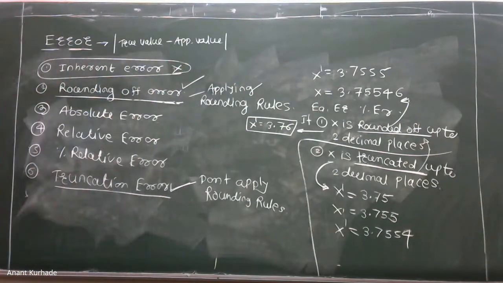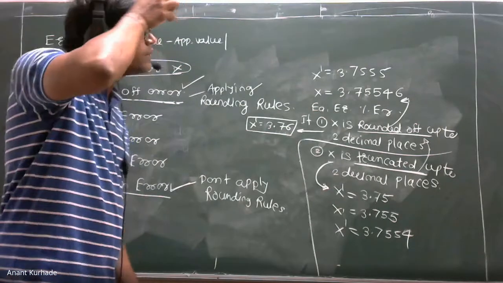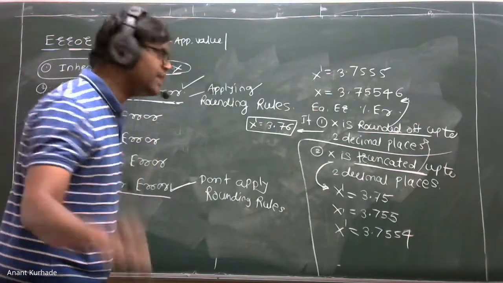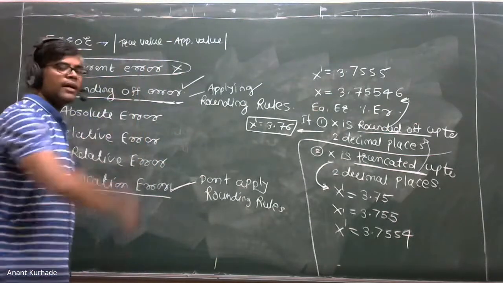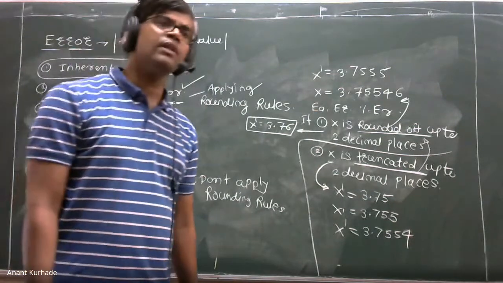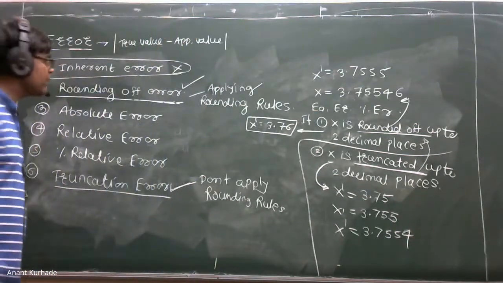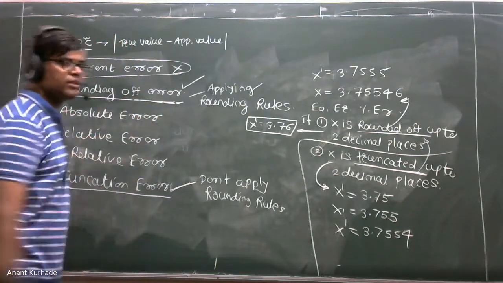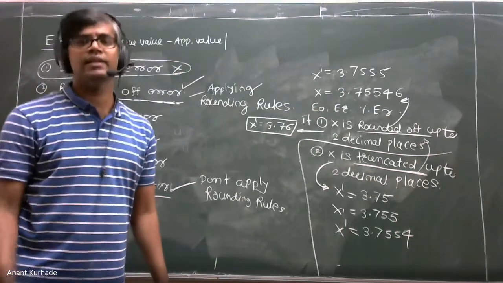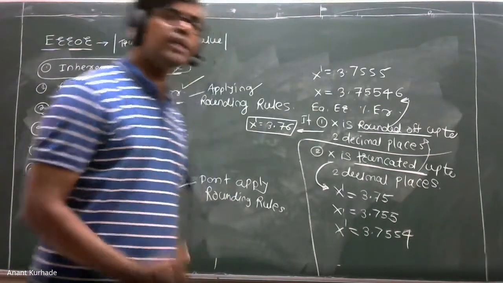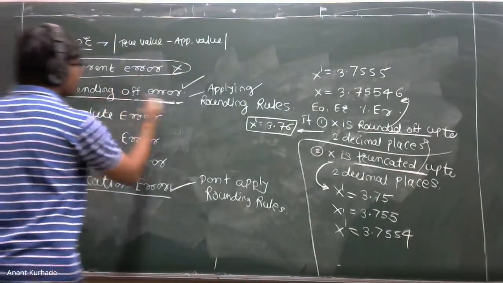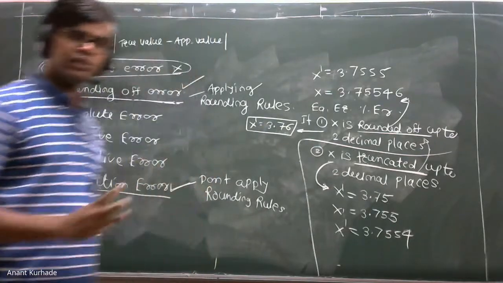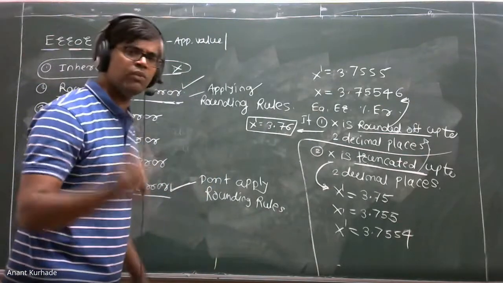We cannot have a numerical on the first one, inherent error. Just remember, inherent error means the errors which are already present in the problem statement before the solution. Underline it. Examples are experimental error, calculators, digital computers, scheme table, log table. Then rounding error: the errors which occur due to rounding the numbers. There are 3 basic rules, and explain these 3 rules by giving one example.